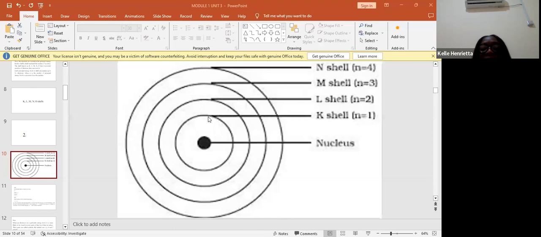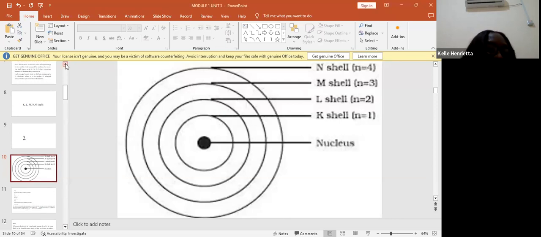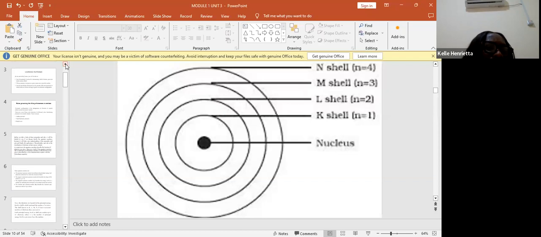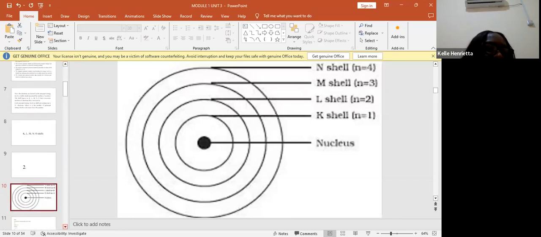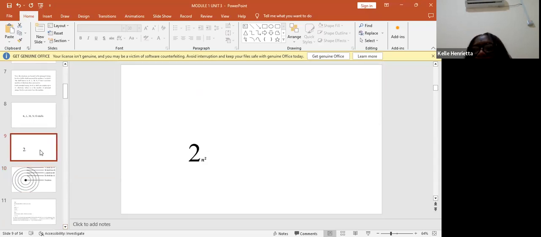Now again, because I'm summarizing this, each of the shells, the K, L, M, has a total number of electrons, or a maximum number of electrons, they can contain. They don't contain an infinite number of electrons, or the same number of electrons. And there's a formula to quickly know this. Okay, this is a formula that you use to know for each shell the number of electrons that